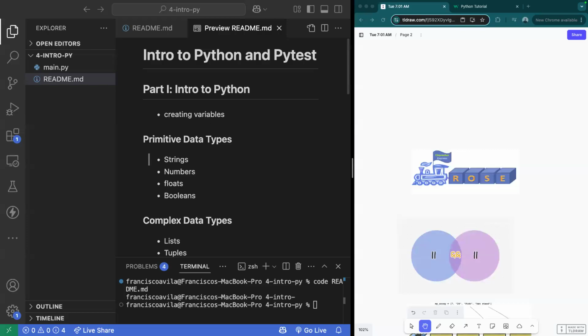All right, welcome everyone. Today we're going to dive into the world of Python and Pytest. Yesterday we finished talking about JavaScript. Today we're going to see a lot of similarities between Python and JavaScript, but we're going to make sure that we cover the differences and the capabilities and limitations between each one